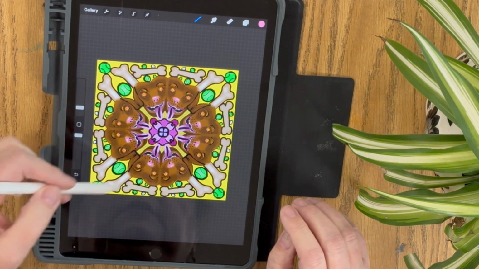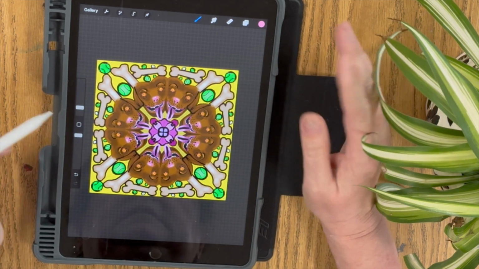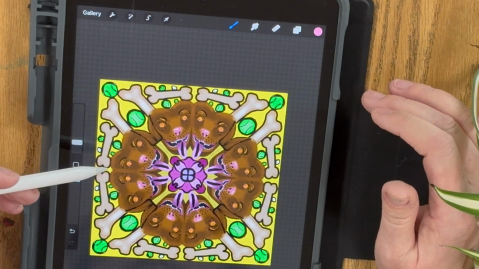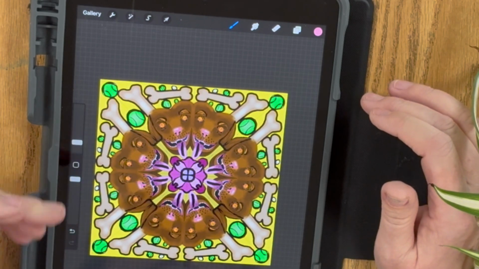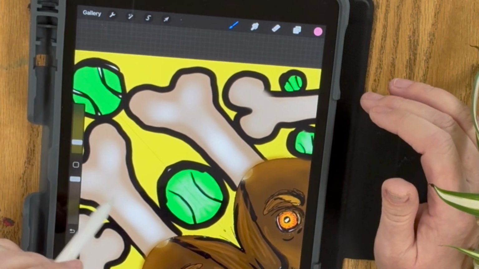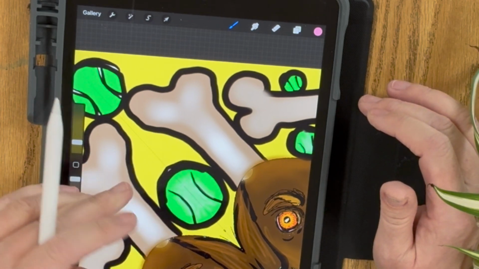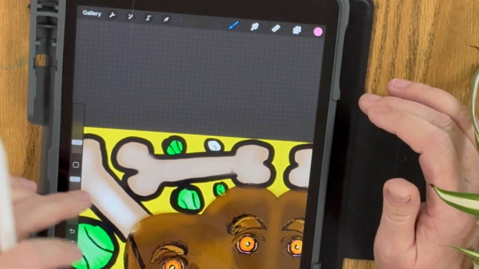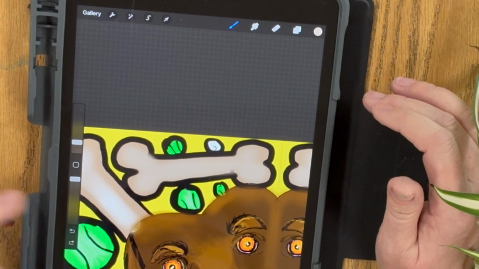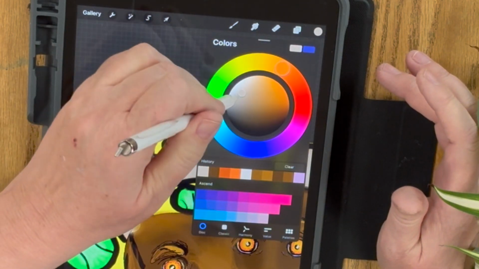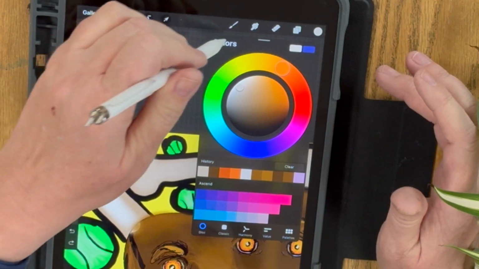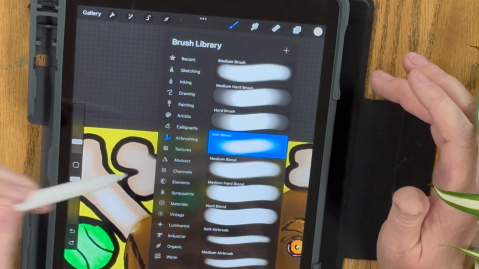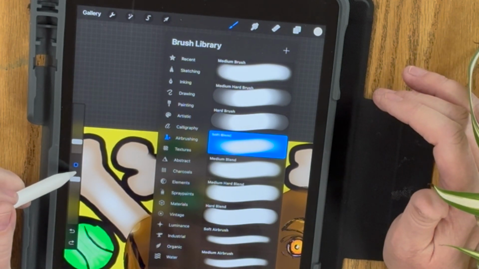So I have been coloring my design, and I've laid in all my colors, do some tinting. All right, so I have tinted some areas already, like the dog bones here have a little light on the top of them. So, oops. So now I'm gonna come over here and highlight these. So what I'm gonna do to start with is pick the color. Okay, so there's the color. And I'm gonna pick a lighter tone of that color. And I'm gonna just pick this one. And I think I'm gonna